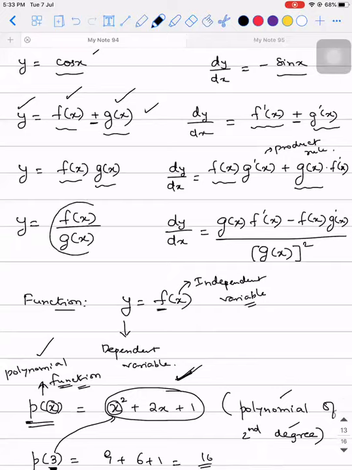So f of x by g of x means it is going to be, how do you read it? g of x into derivative of f of x minus f of x into derivative of g of x by g of x the whole square. See, the formula might appear big. I'm telling you, this might scare you, but trust me, it is very easy. You just apply it for a few problems, you'll get it.